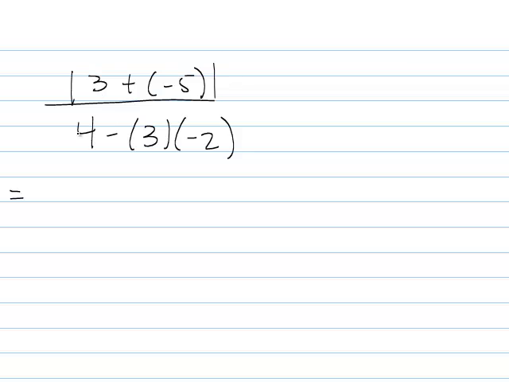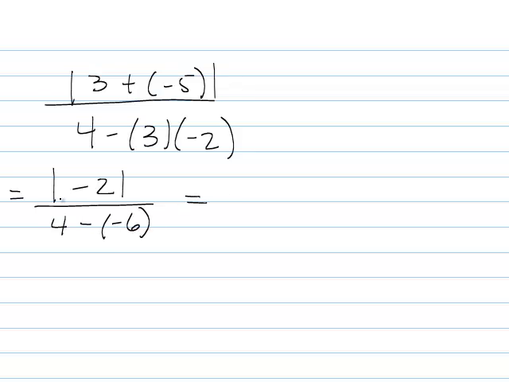So first of all, we have the absolute value, 3 plus a negative 5. That gives me the absolute value of negative 2. And then down here I can look at this. They're almost like they're two separate problems. We look at the numerator and reduce it as much as we can using the order of operations, and then we do the same thing for the denominator. So I can take this one step here and say this is 4 minus, the first thing I do down here is do this multiplication. So 3 multiplied by a negative 2 gives me a negative 6,